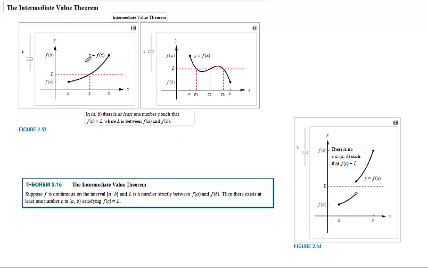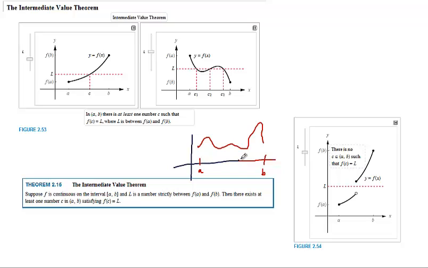The intermediate value theorem is important because it's used in many different proofs to show that something is true or not true. What it says is that you have a function f, and it's continuous. Let's just draw a function f, continuous from a to b. It doesn't really matter what the function looks like, just as long as it's continuous. Let's say here's a and here's b. The intermediate value theorem says if f is continuous on this closed interval